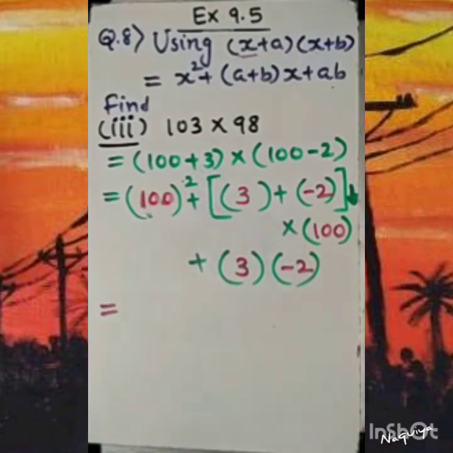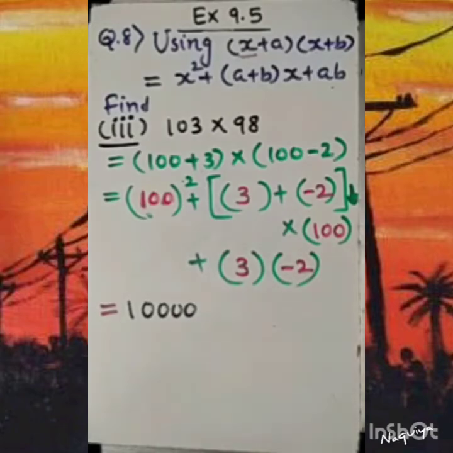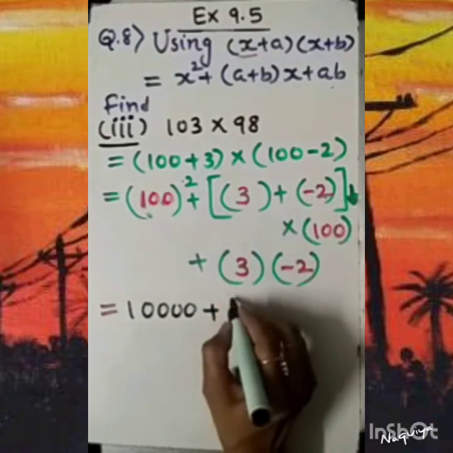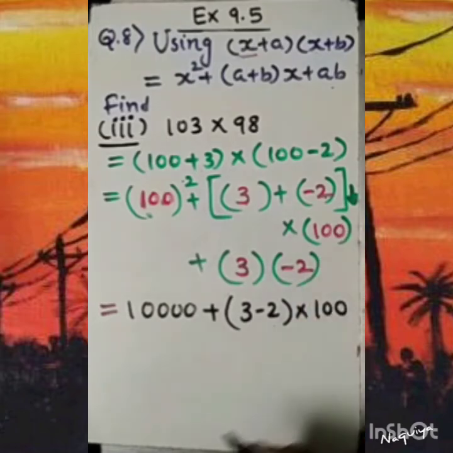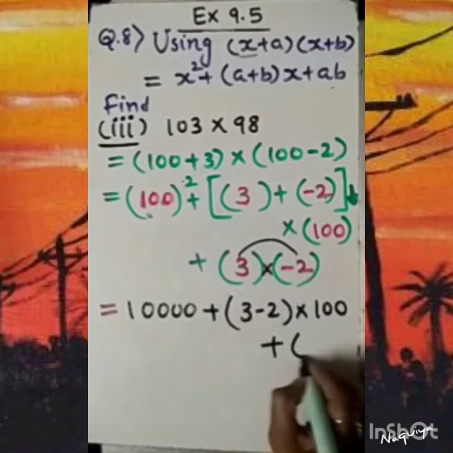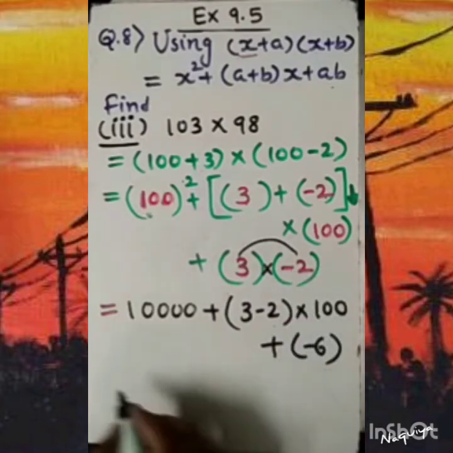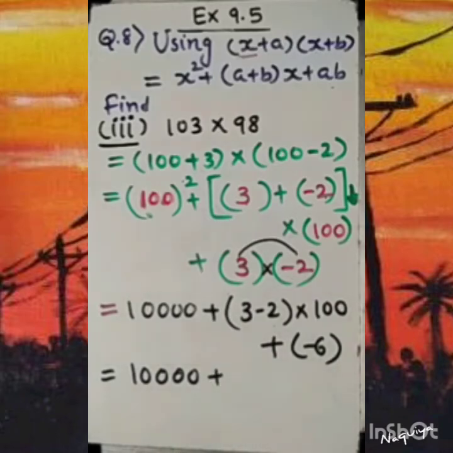Fine. So let's go with that. Okay, what is 100 square? That is 100 into 100. So it gives the result 10,000. Plus, now here 3 minus 2, plus minus minus. So let's write 3 minus 2 into this 100 in the product, plus 3 multiplied by 2. 3 2s are 6, but in brackets we need to write minus 6 because of this minus sign. So we need to write here 10,000 plus 3 minus 2 is 1.